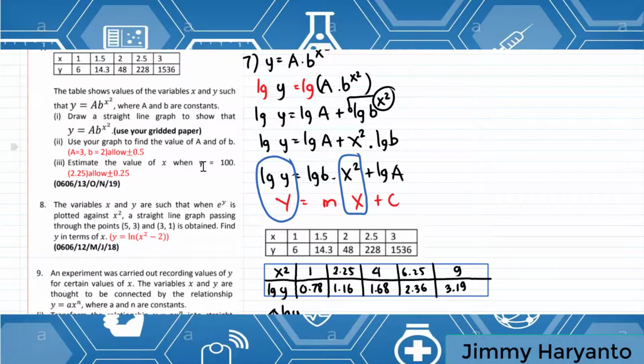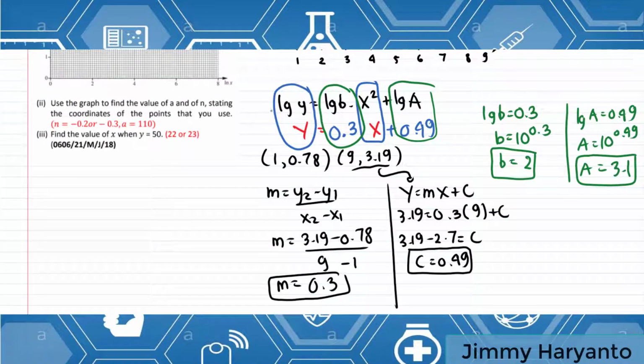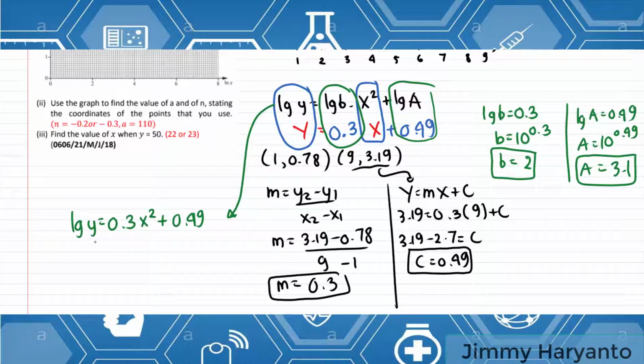Estimate the value of x when y equals 100. We can use this one. Oh no, we have to use this one. Okay, so lg y equals lg b, the lg b is 0.3, and then x squared plus lg a. The lg a is 0.49. Okay, it is given that y equals 100, so lg 100 equals 0.3 x